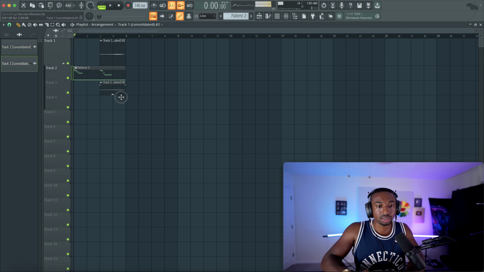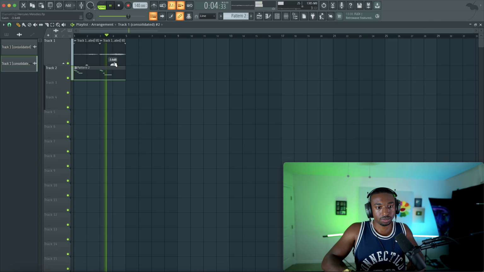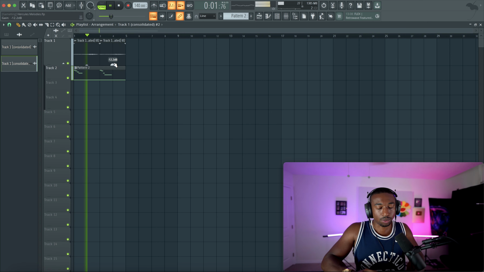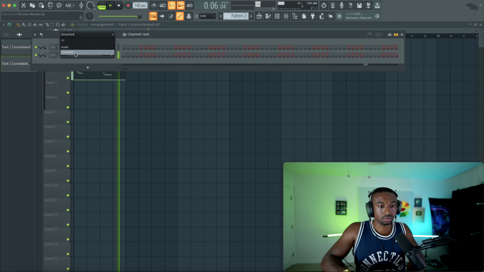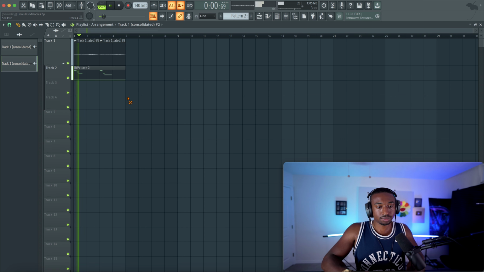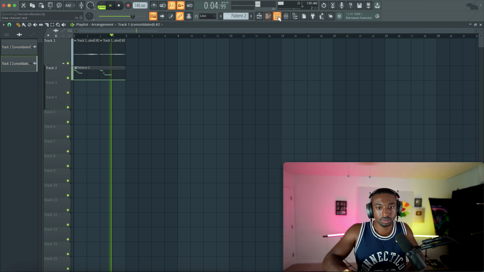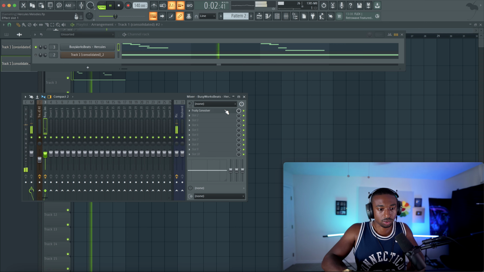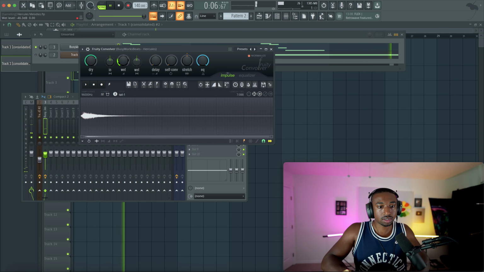Now to musically make this make sense, I'm going to flip flop the reverse. So now we're doubly layering the sound. Let's take out the ambient sound. And now let's go back to our original sound. Now that we have it printed, we can do cool stuff so we don't have to keep using all these reverbs.